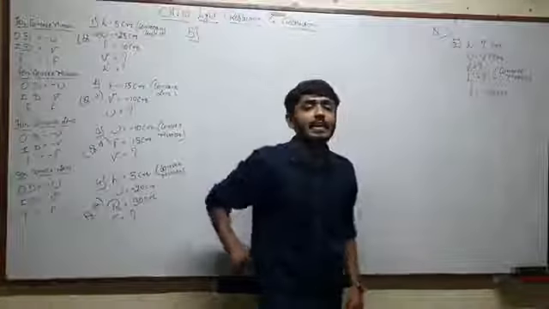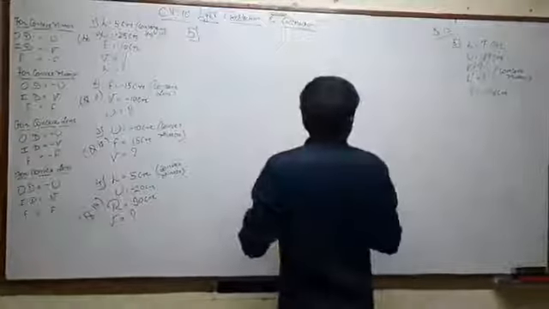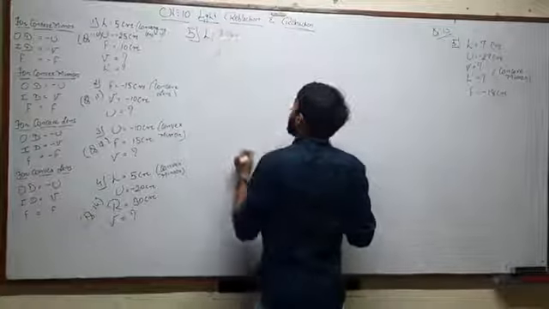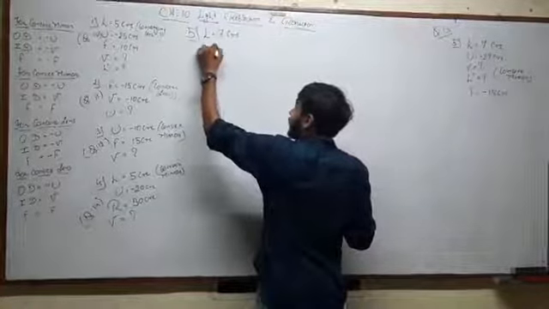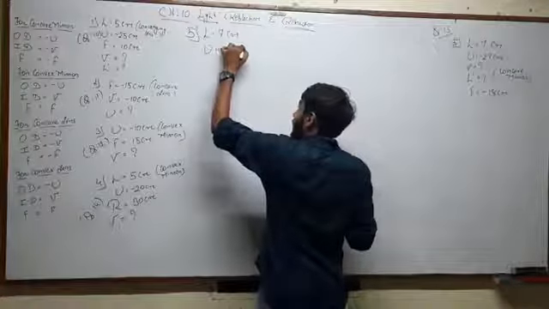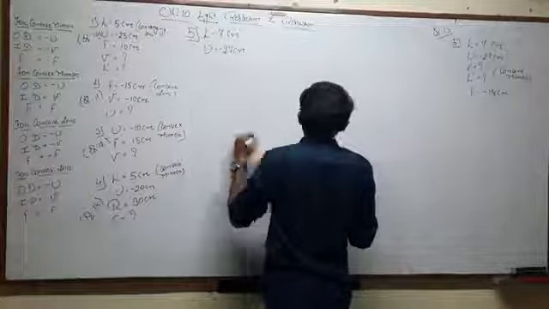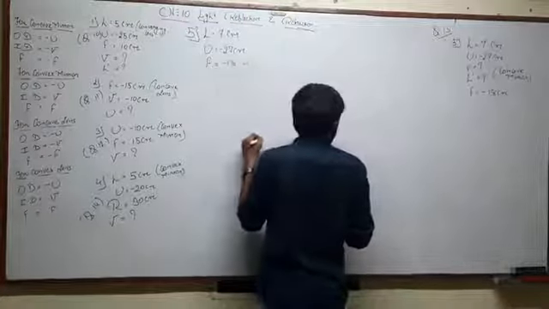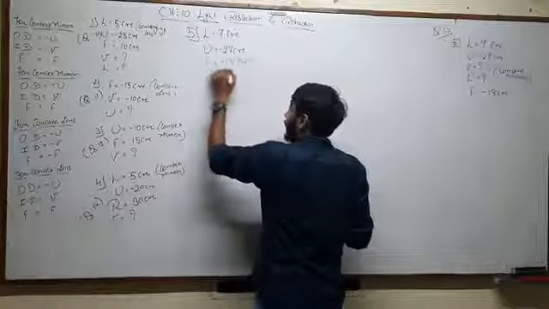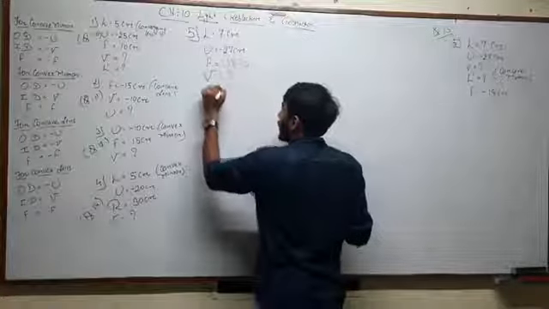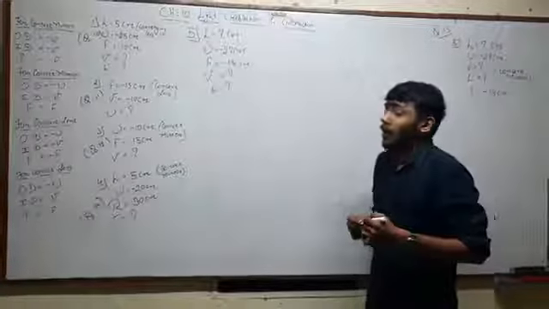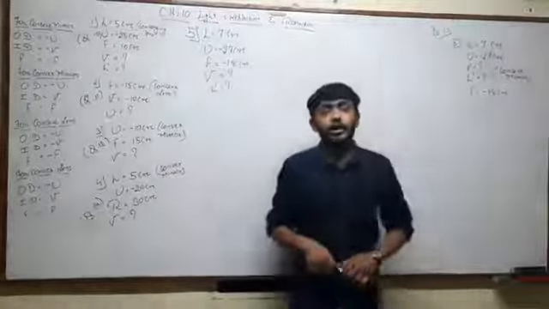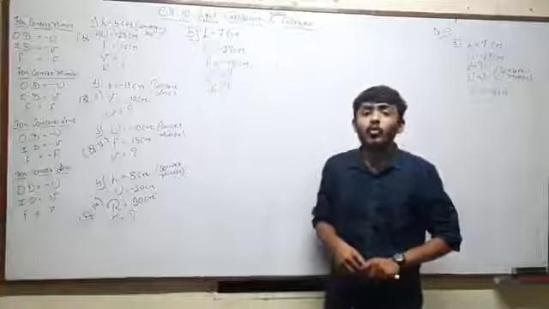The height is 7 centimeter. So what they are talking about is height, that is 7 centimeter. Object distance they have given us as minus 27 centimeter. Focal length is also given as minus 18 centimeter. Okay, and we need to find V as well as H prime. And what they are talking about is the concave mirror.